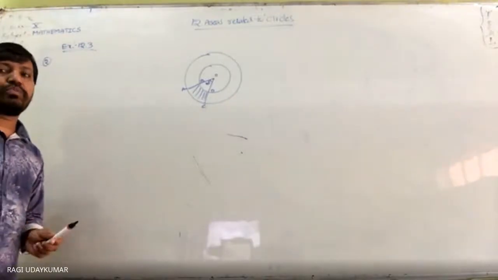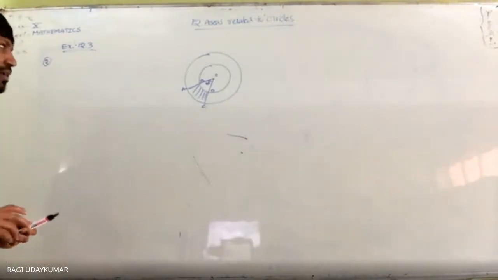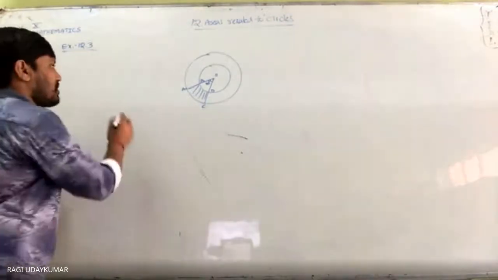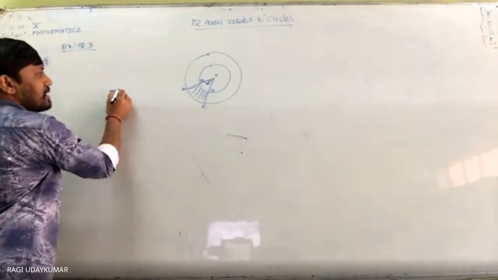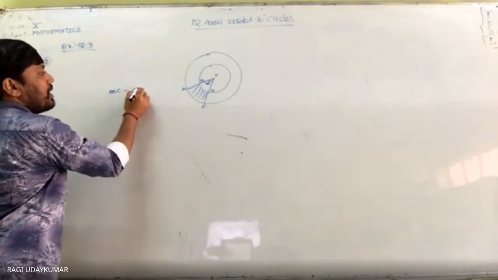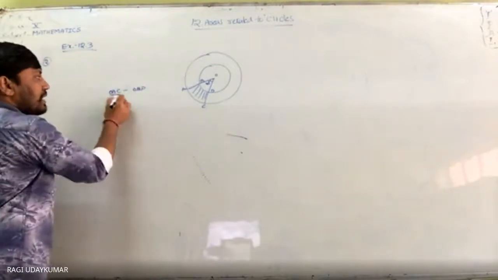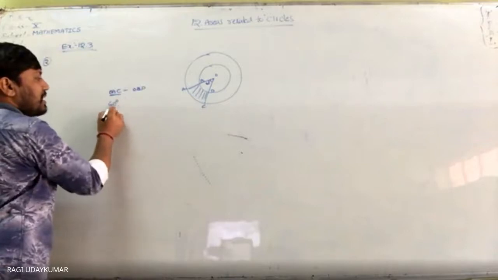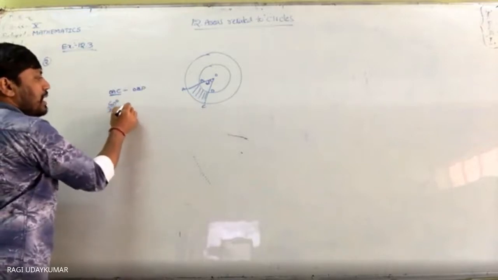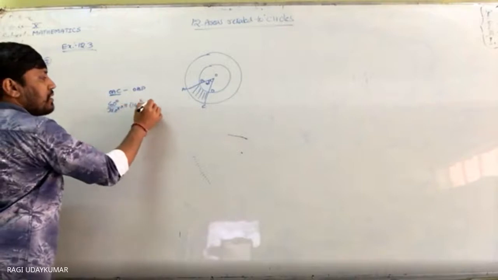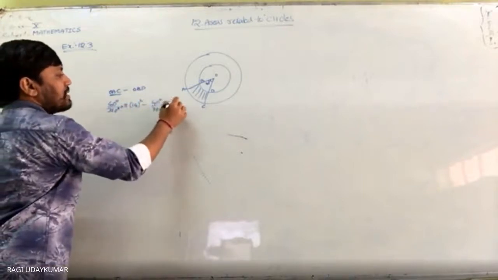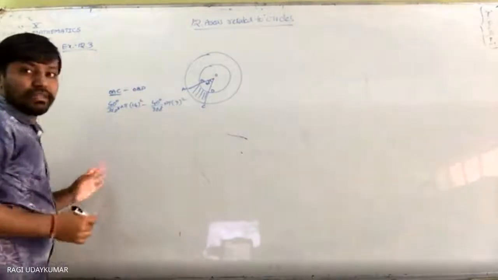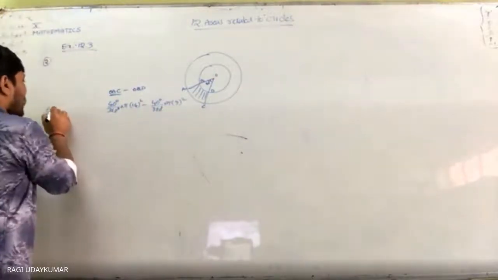Can you do it? Complicated problems I will explain to you, and this is very simple here. Area of the shaded region is nothing but area of the sector OAC minus area of the sector OBD. So this sector area is nothing but 40 degrees by 360 degrees into pi 14 square. Here 40 degrees by 360 degrees into pi 7 square. And simplify करना है.